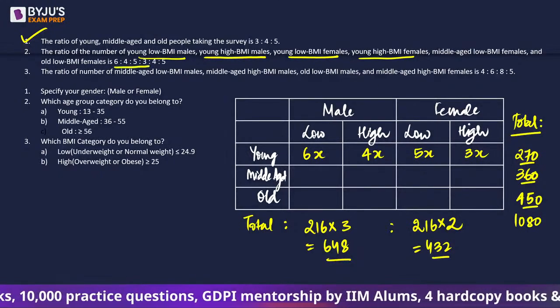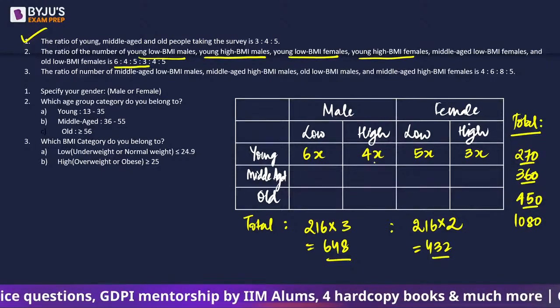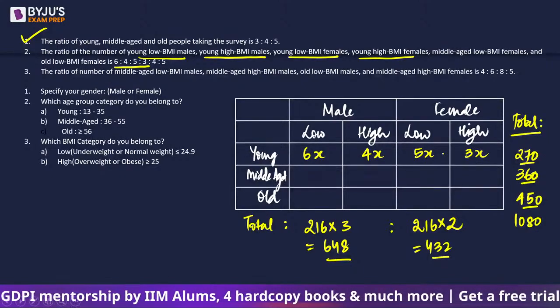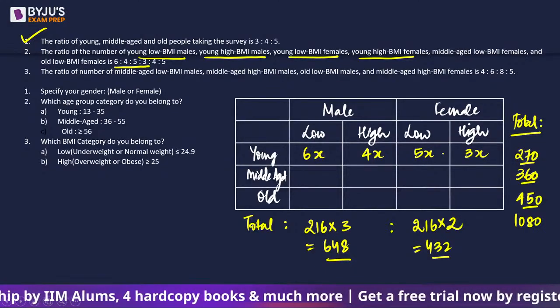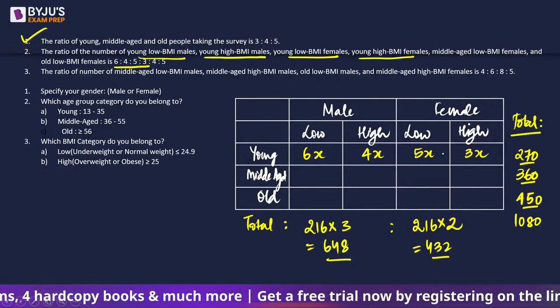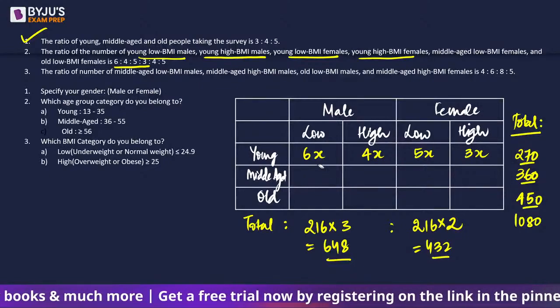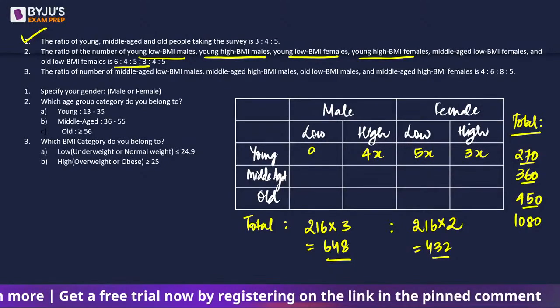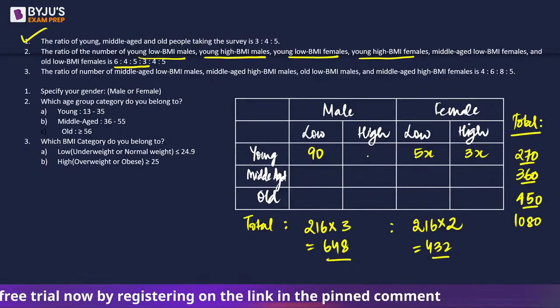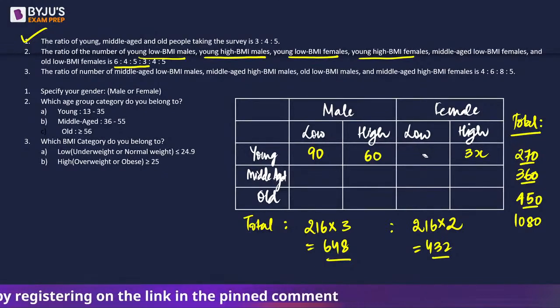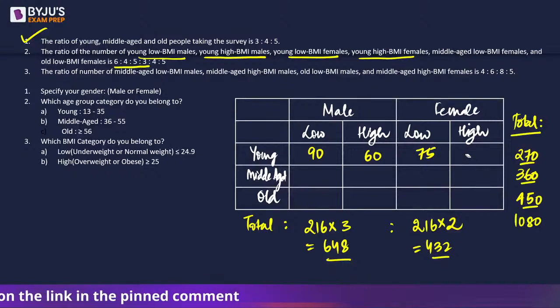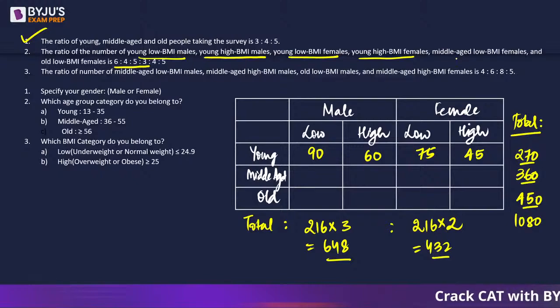So we're talking about the first 4 proportions. So can we say this is going to be a total of 18x, and 18x is 270. So x is going to be 15. So 15 into 6 is 90, 15 into 4 is 60, 15 into 5 is 75, and 15 into 3 is 45. Okay, since x is going to be 15, in the next ones, middle-aged low BMI females